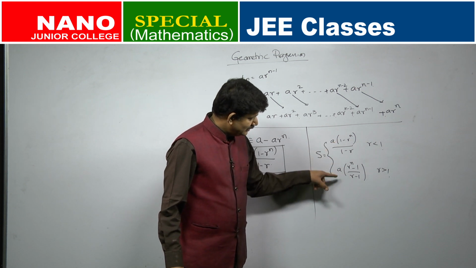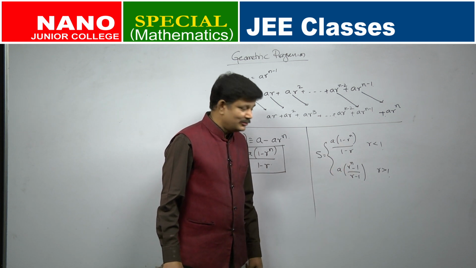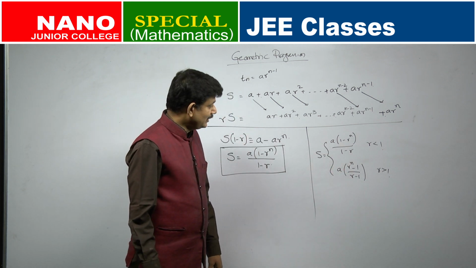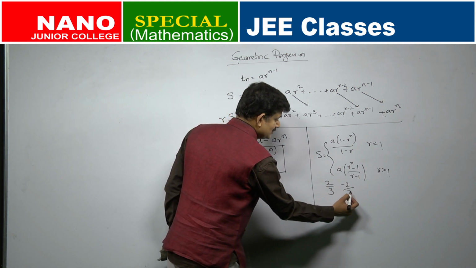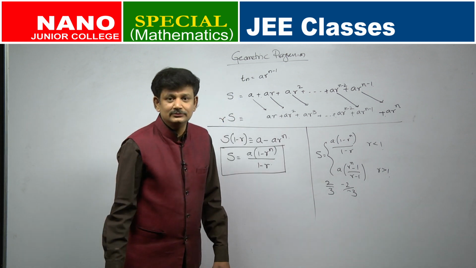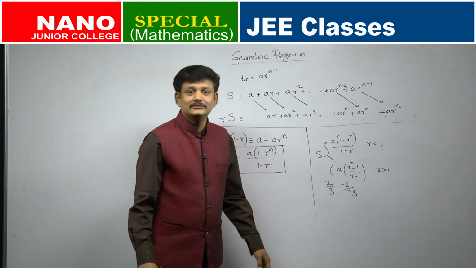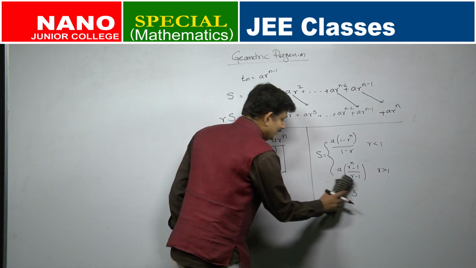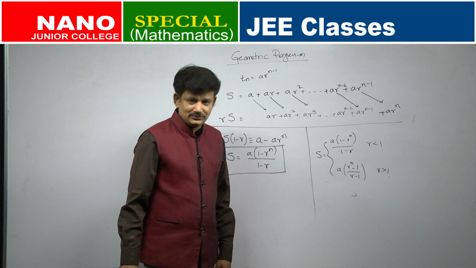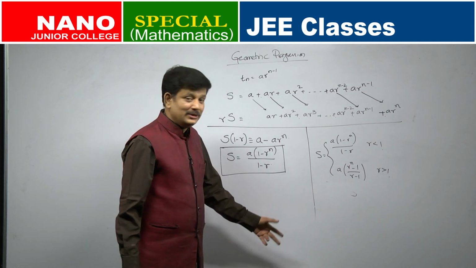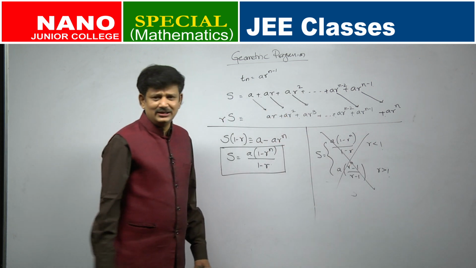Are they same or different? Just look at them closely. Are they same or different? They are looking different, but are they really different? 2 by 3 and minus 2 by minus 3, are they same numbers or different numbers? Same numbers, right? So, same number, what is the fun in writing two different cases? No importance, right? And again, when you are talking about R greater than 1 and R less than 1, what happens to the case when R is negative? They have to be discussed, right, again. So, there is no significance of writing it this way.